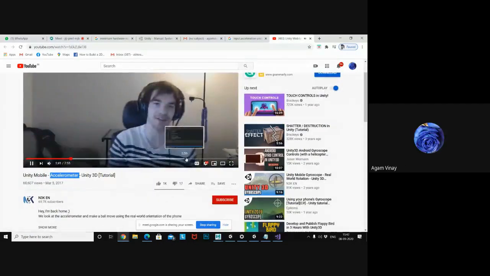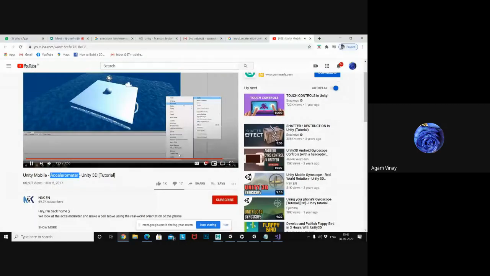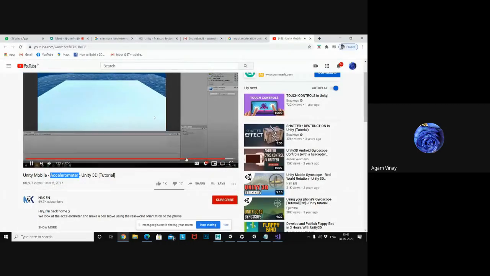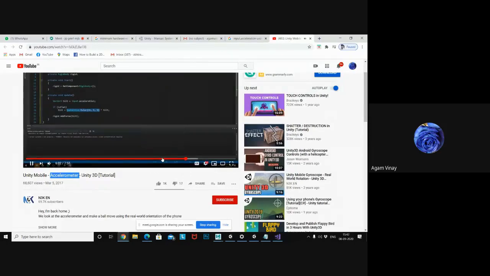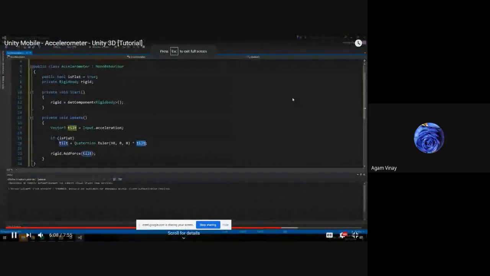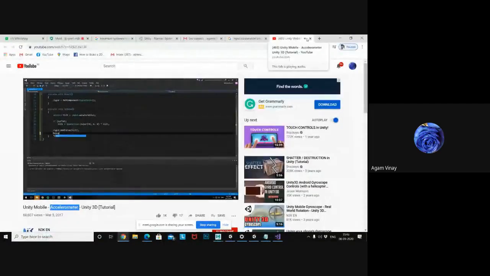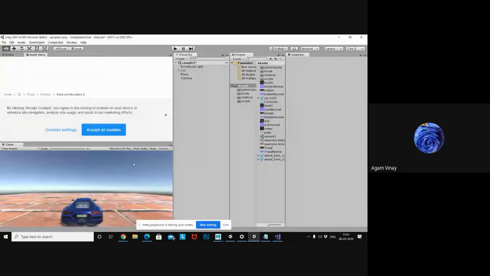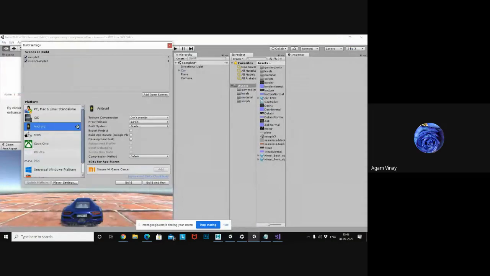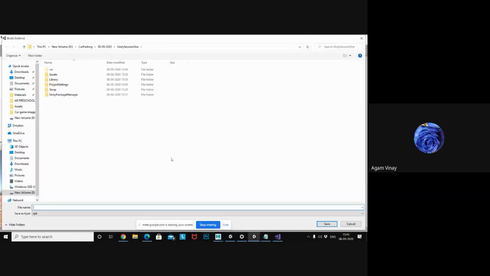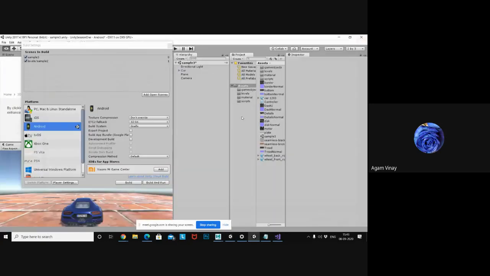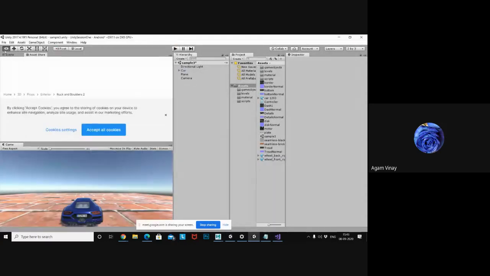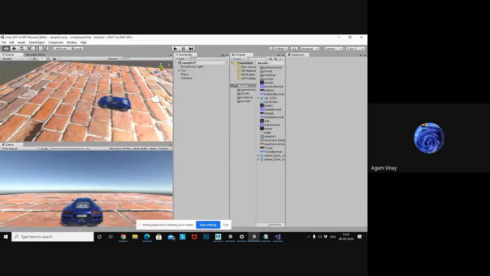If you are rotating the mobile, you will get the values here. Input.acceleration. Even if I write and print it, it gives 0 only because it's not built for mobile. You need to switch it to Android and build it. Only through that APK can you get the values and check the left and right direction. Okay.